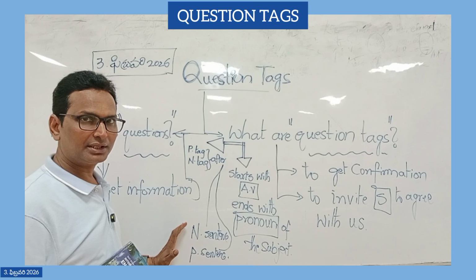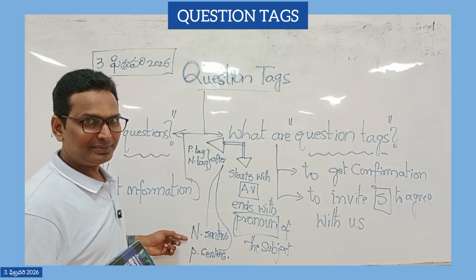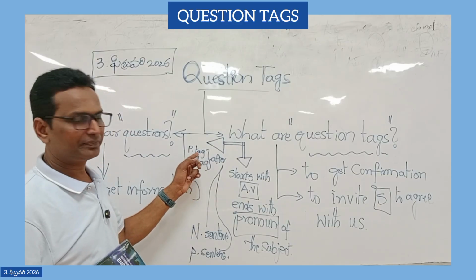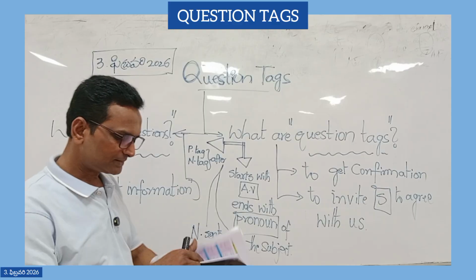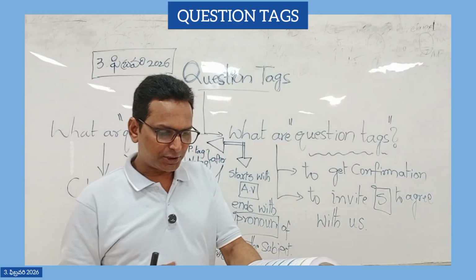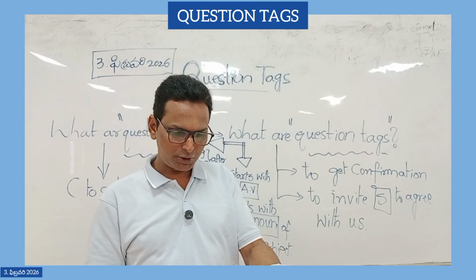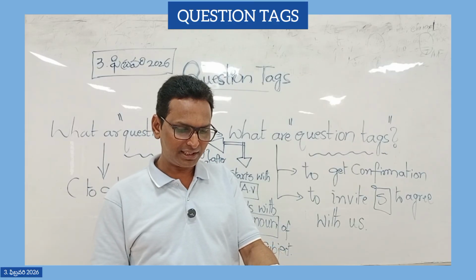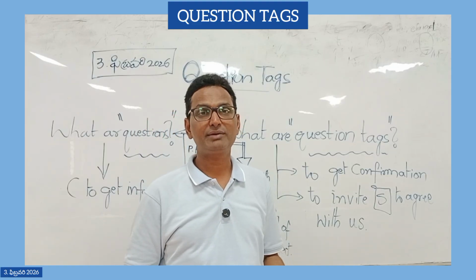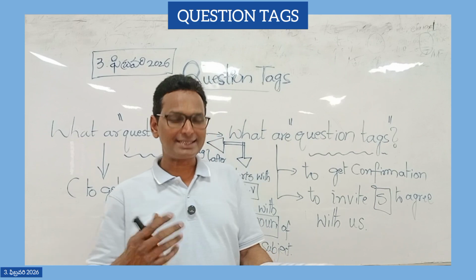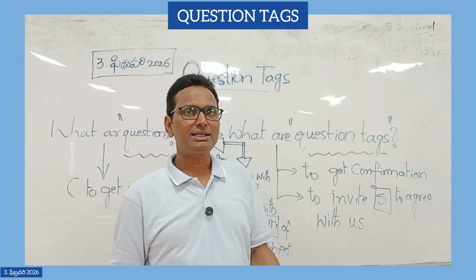Actually, we will have to start from here. Usually, we have the statement first, tag comes next. So, if the statement is negative, the tag should be positive. If the statement is positive, the tag should be negative. This is what we should understand. And question tags are short questions at the end of statements. They are mainly used in speech when we want to confirm some information or to encourage a reply from the person we are talking to. When we encourage the speaker to get some reply, then we are just going to engage them